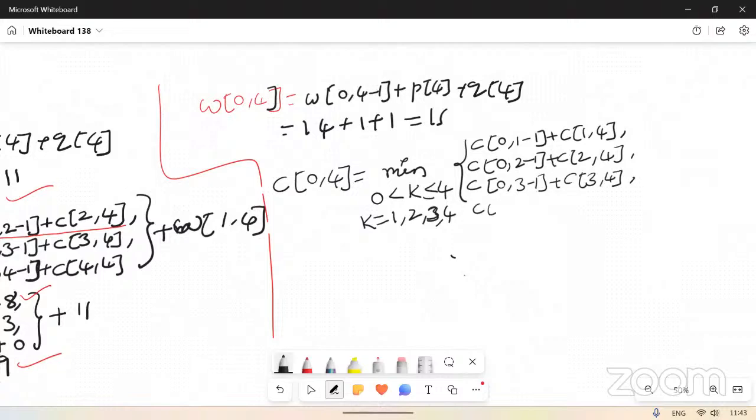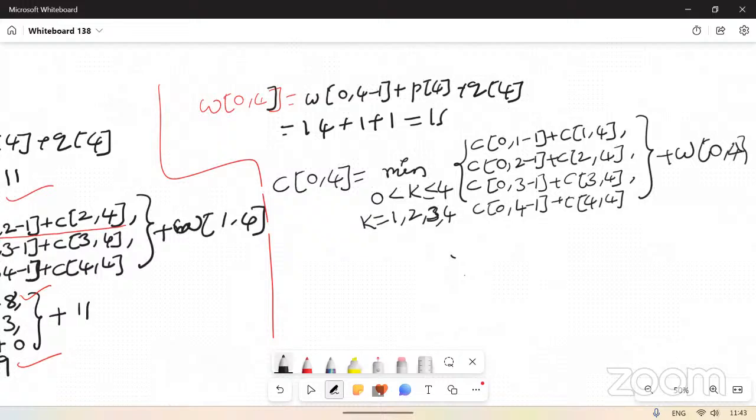The last case C of I comma k is 4 minus 1 plus C of k comma j, where we add W of 0 comma 4. So here minimum of